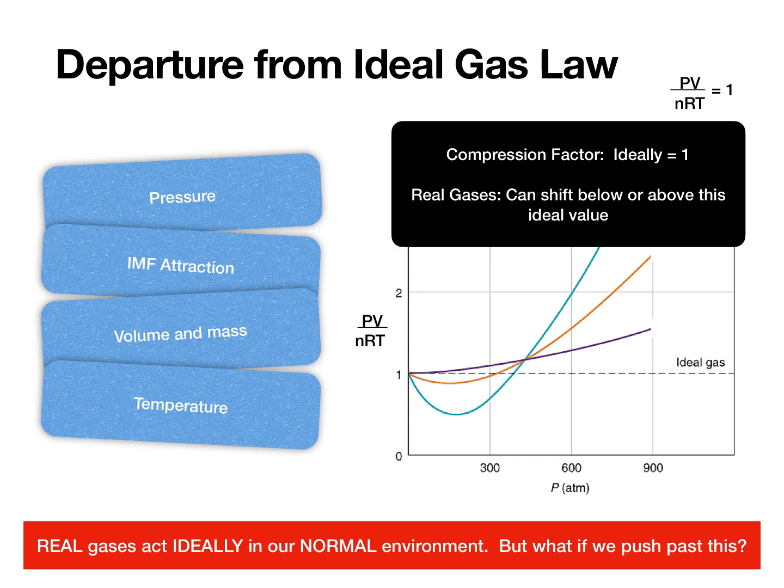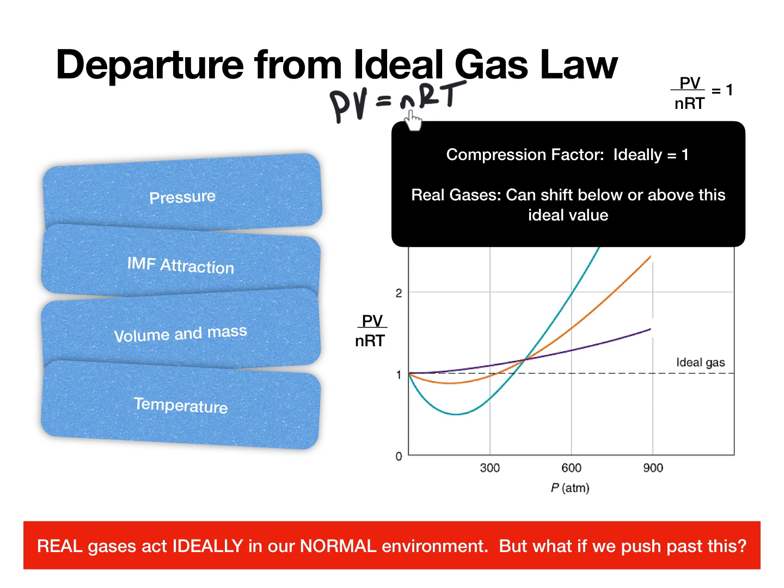Hey everybody, in this next video lesson, I'm going to talk about how real gases behave compared to the ideal gas. I first want to talk about the ideal gas law. We all know it as PV equals nRT. But if you take the P times V, that equals a number, and you take n times R times T, and that equals a number,